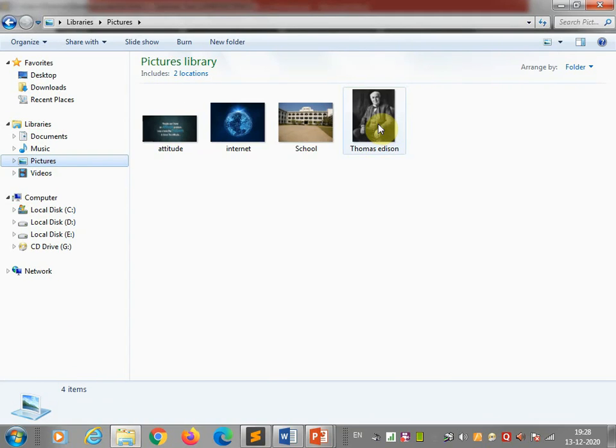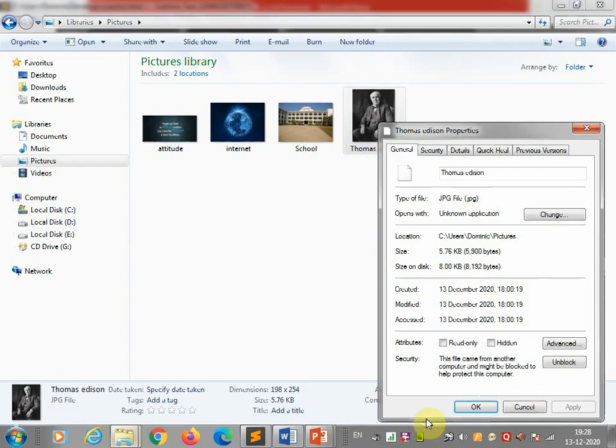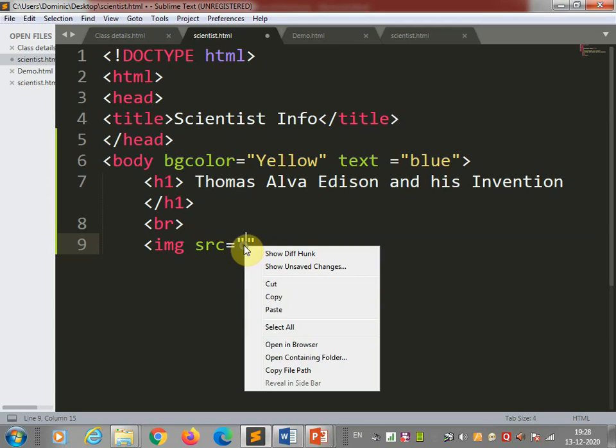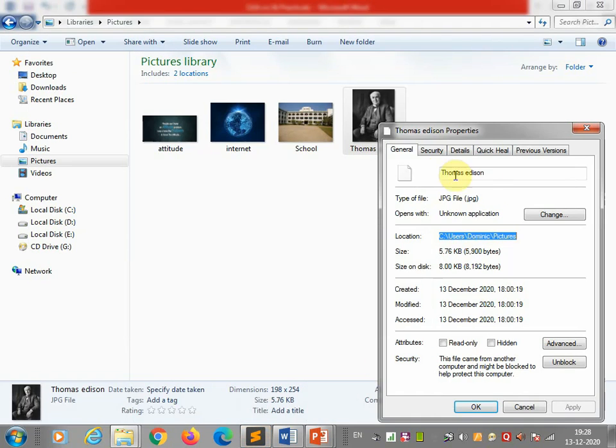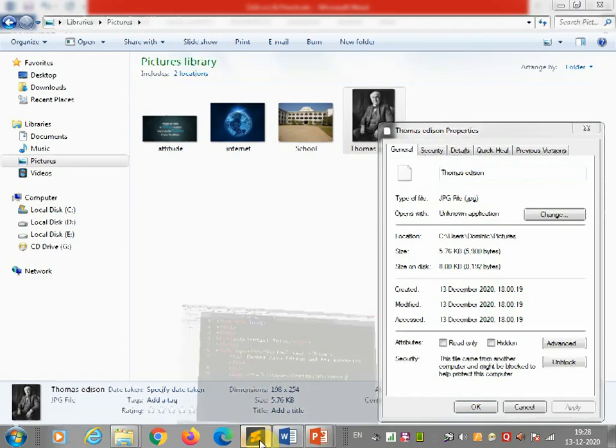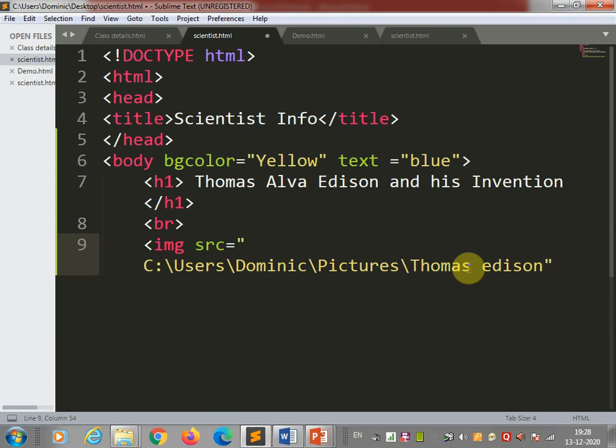So right click on that scientist picture and go to the properties and copy this path where the location is written. Select this path, copy it and paste in your code. Then take the backward slash and then go back again and copy the name of the picture and see what is the extension of the picture. JPG it is. So you should not make mistake over here. If you made mistake, then your picture will not be inserted in your HTML document. So here JPG you can write